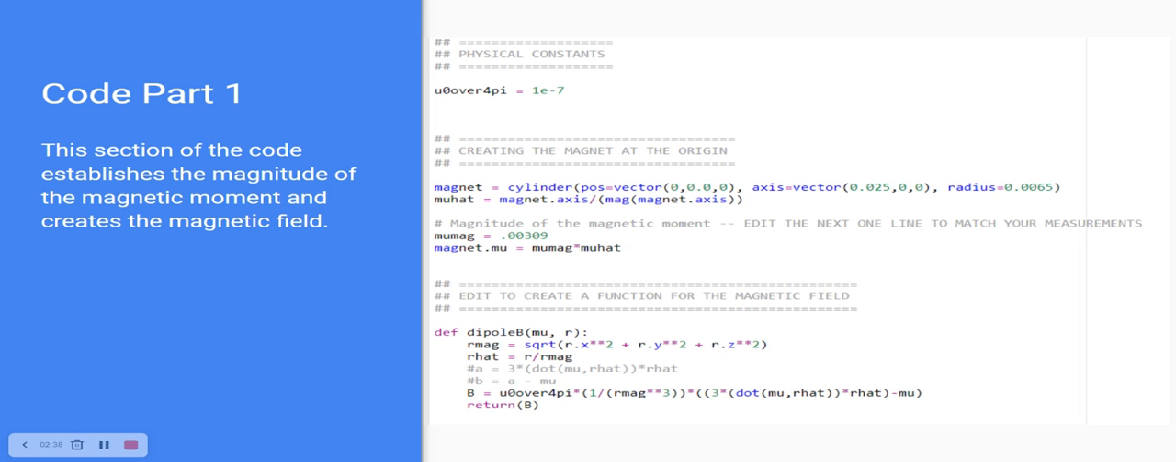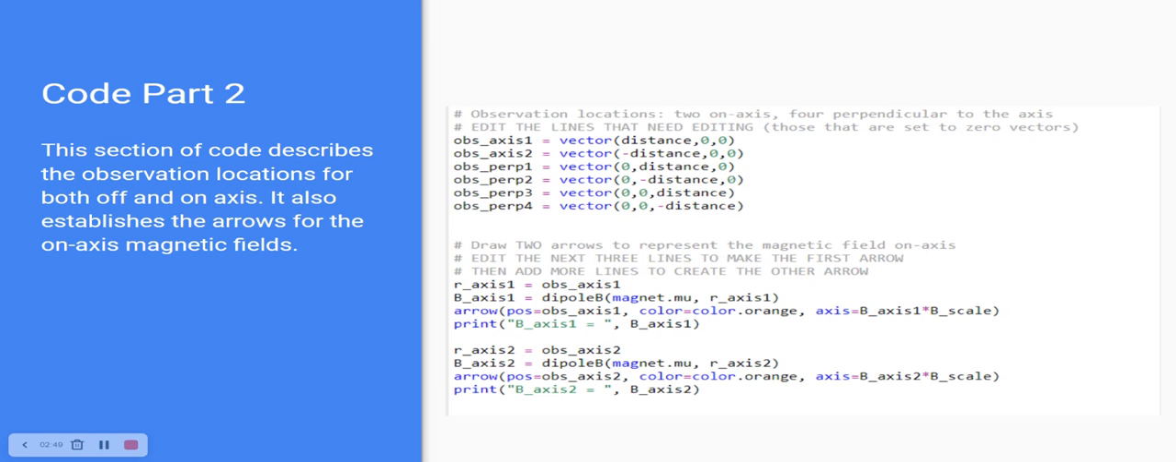For the first part of the code, we establish the magnitude of the magnetic moment in that middle section and create the magnetic field in that second section of the code. Then we establish all of the observational locations for the two on-axis and four perpendicular axis positions. Then we also establish the arrows for the on-axis magnetic fields. In code 3, we establish the size and direction of the off-axis or perpendicular magnetic fields